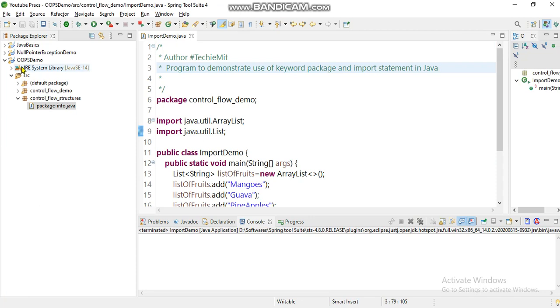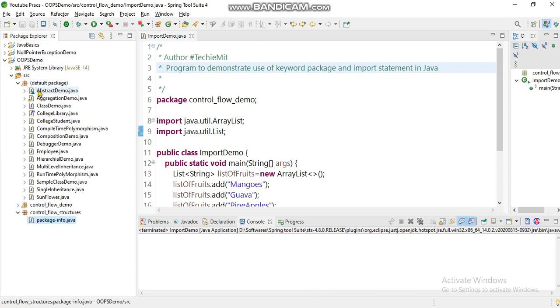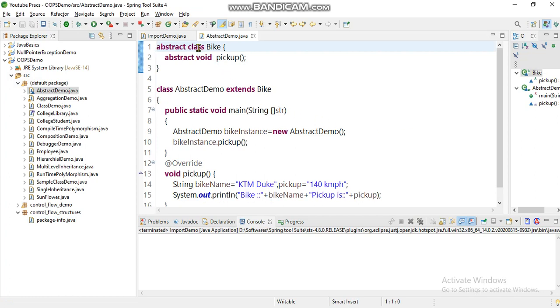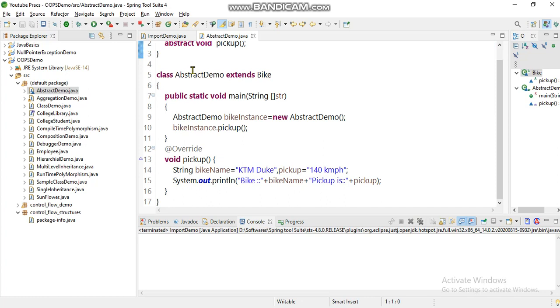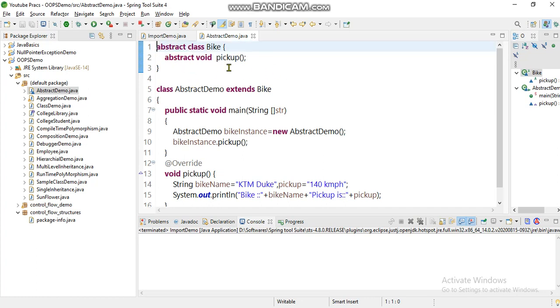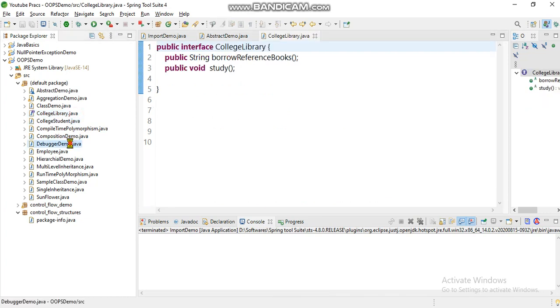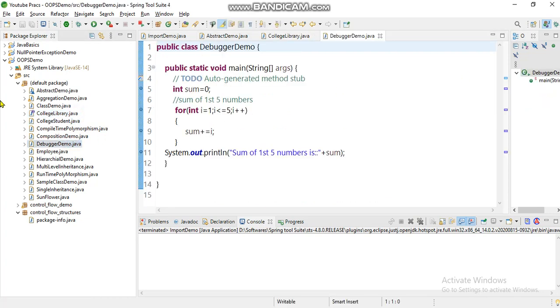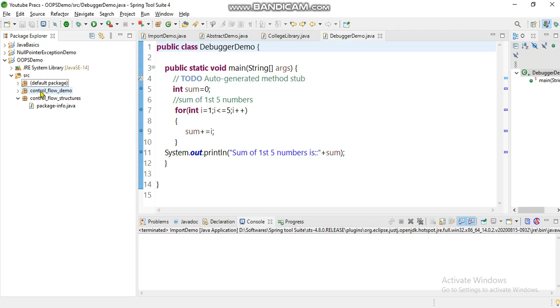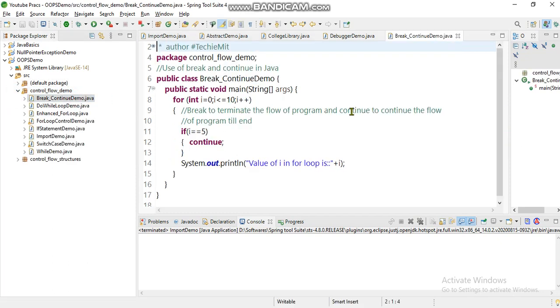So in our Java project there are basically default packages. In the default packages the package name doesn't appear over here. But as you give a user defined name to the package, for every Java program you'll see the name appearing over there.